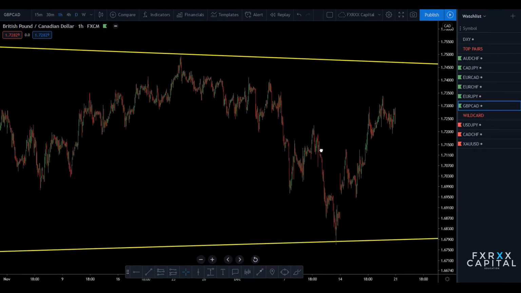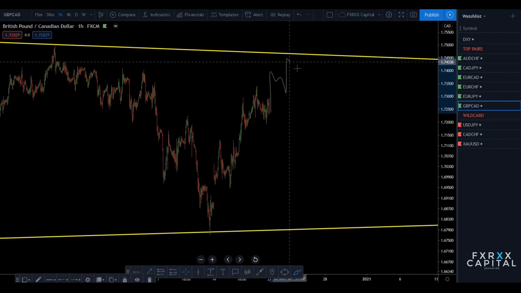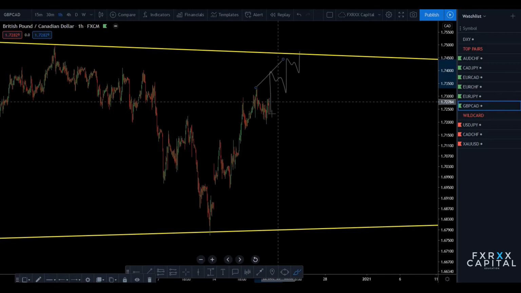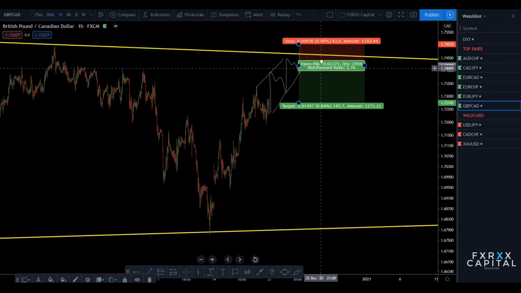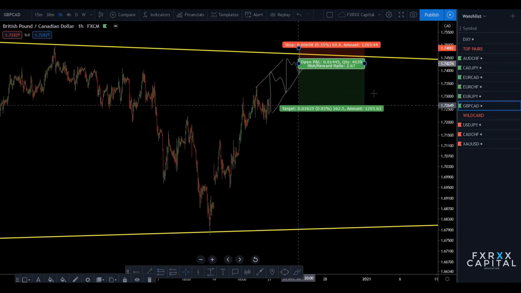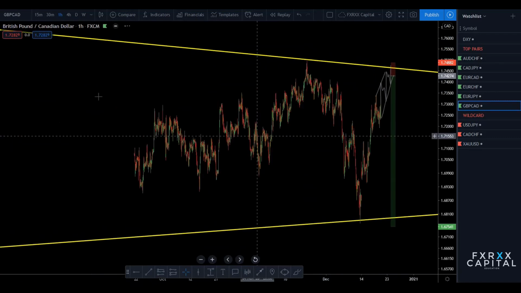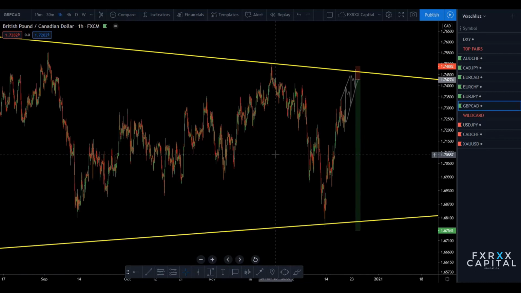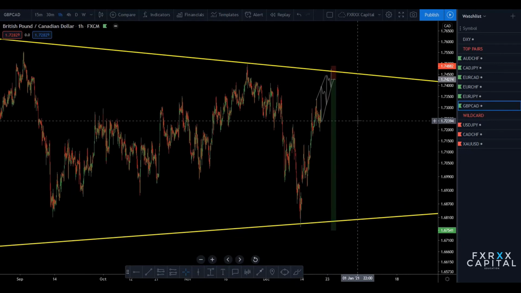What I'm looking for is a sell setup in this area. If price creates an ascending channel, I will sell this position. Move to the downside. This is one of the valid trades that I will take for this pair because price is quite clean in the symmetrical triangle and continues with the correction. That's all for top pairs this week.